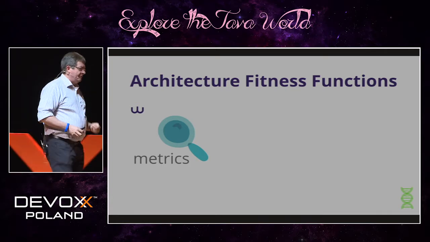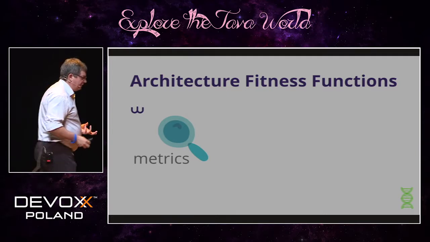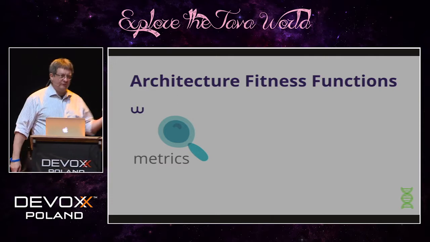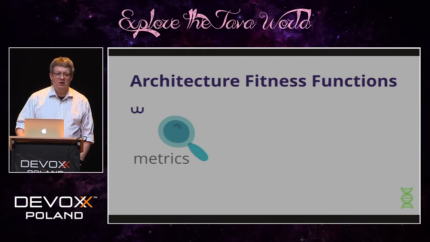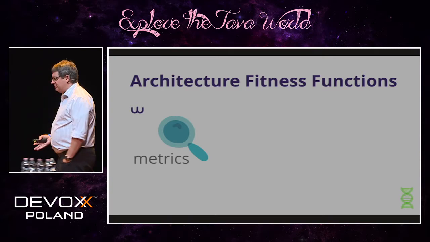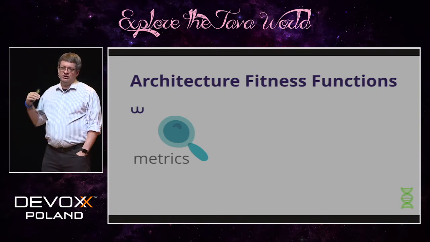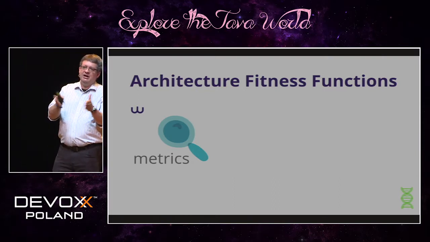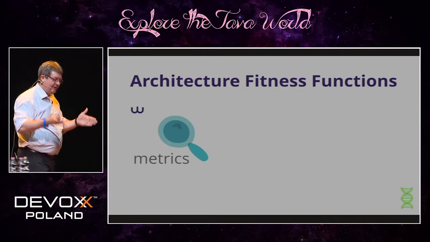What we're trying to do in an evolutionary architecture is capture those things as fitness functions. A fitness function in this world is some sort of objective result that evaluates one of the quality characteristics of your architecture. These may be metrics. Maybe you have a fitness function in place that says we don't want our test coverage to fall below a certain level. Or maybe you have a fitness function that says our cycle time, which is a measure of engineering efficiency, should never grow more than 3 hours because we're doing continuous deployment and we want to make sure we have a really tight feedback loop.